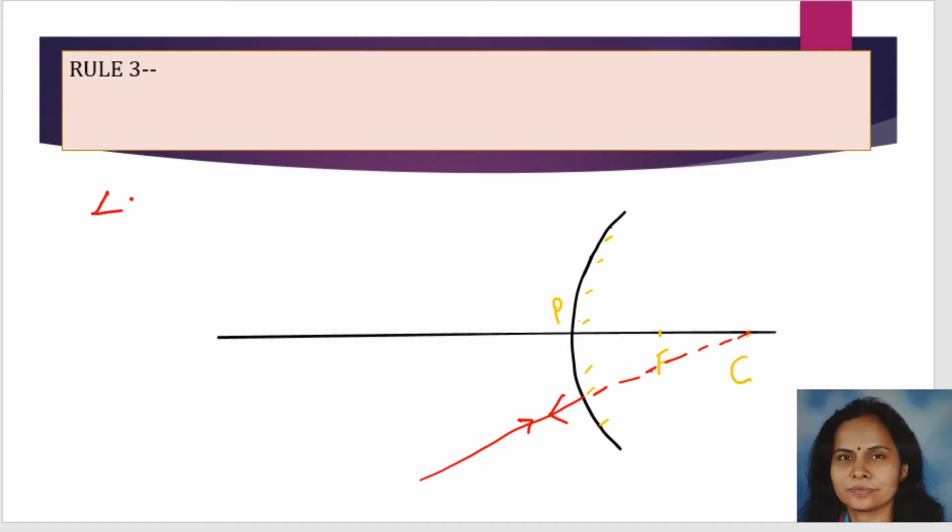Here angle I is equal to 0 degree and so angle R also, because laws of reflection are valid, that angle I is equal to angle R, that is equal to 0 degree. Now why is it retracing its path? This I have told you in detail while we did rule 3 for concave mirror. So you must go through lesson number 2 for this chapter, so you can understand why it will retrace its path, making angle I equal to angle R, that is equal to 0 degree. Right?